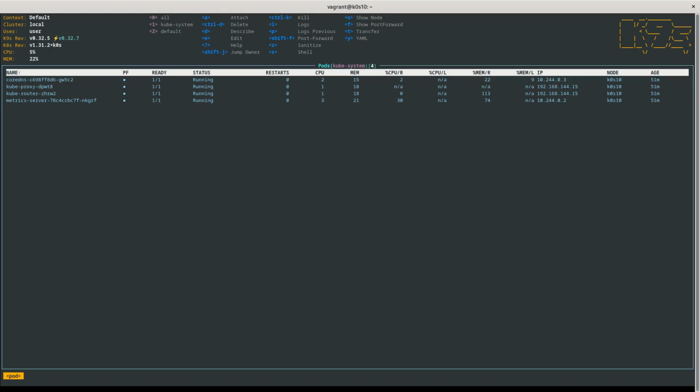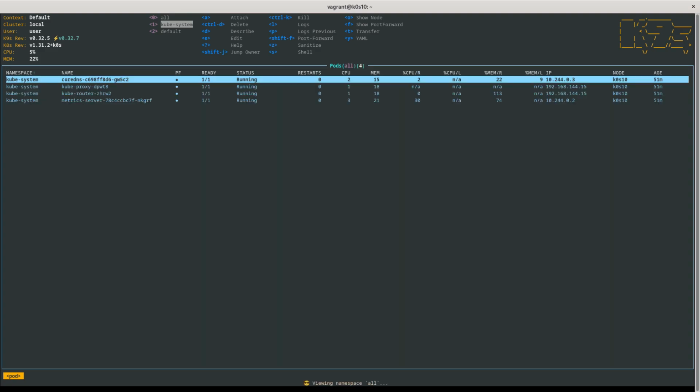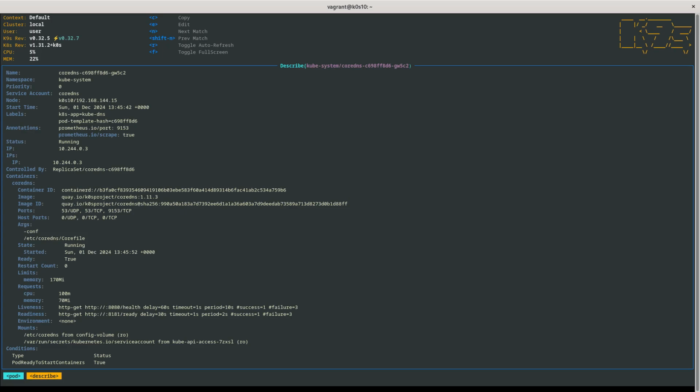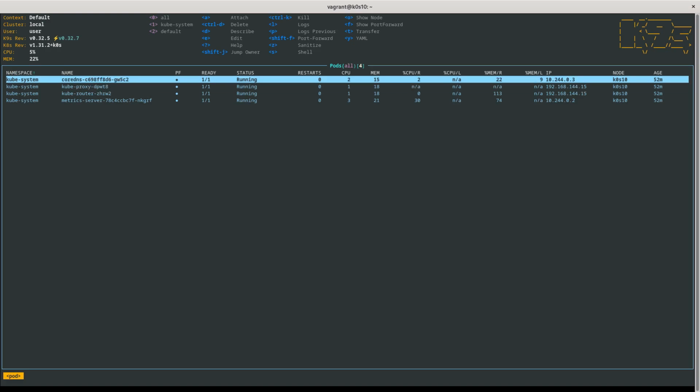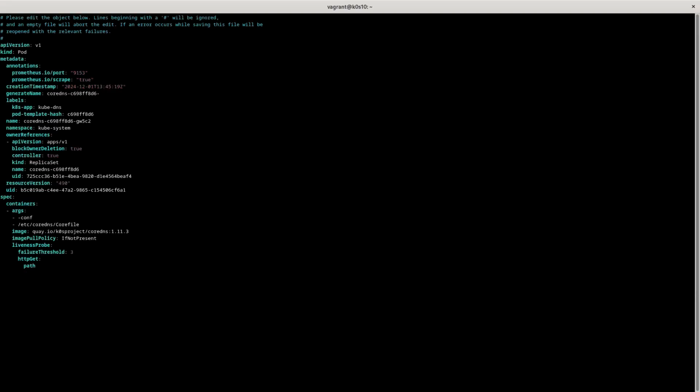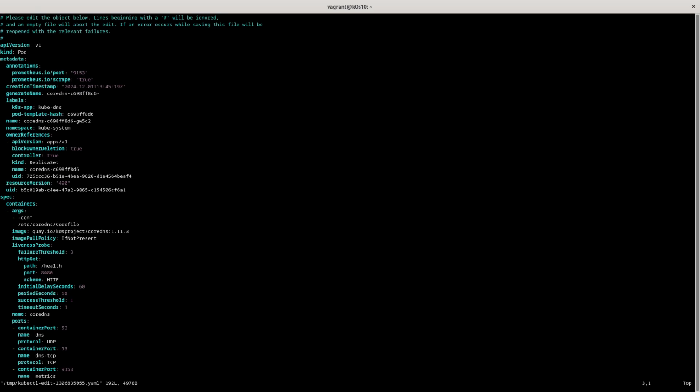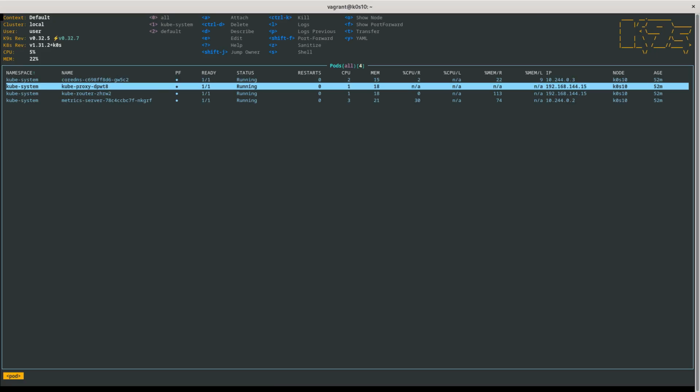We are in kube-system, but if you want, you can switch to all, for example, like here. And if you want, you can describe a pod like here with the d key, or if you want, you can edit with e, like here. You can set what you want, and you can switch.